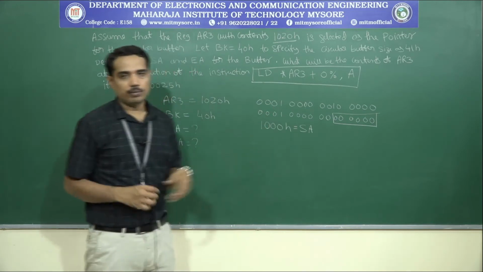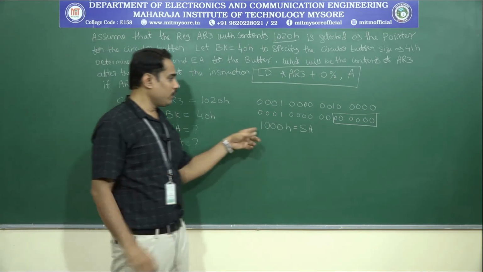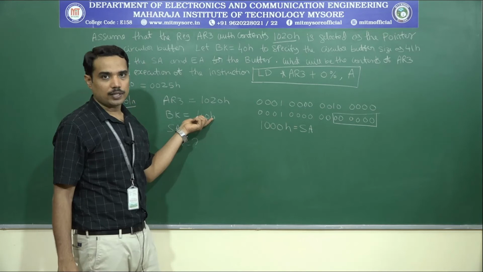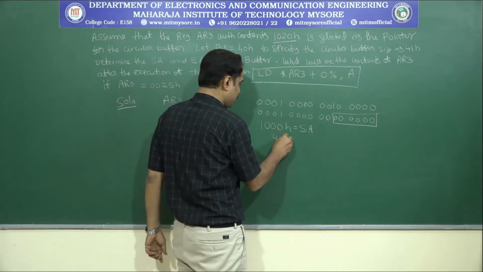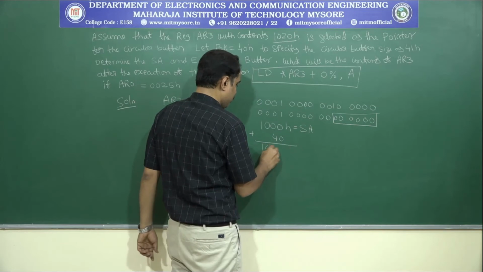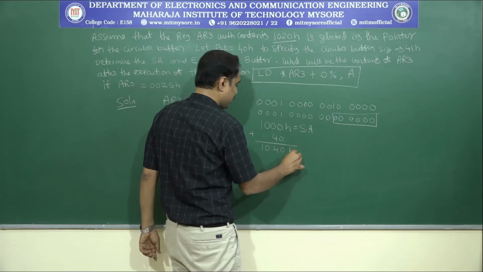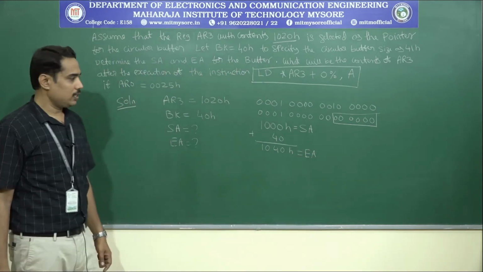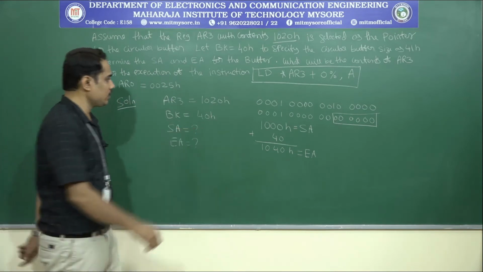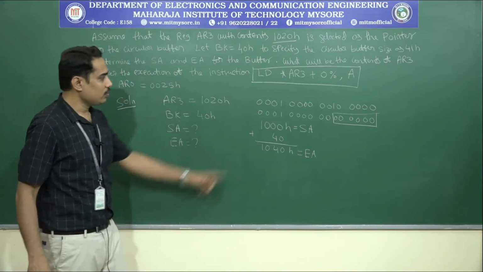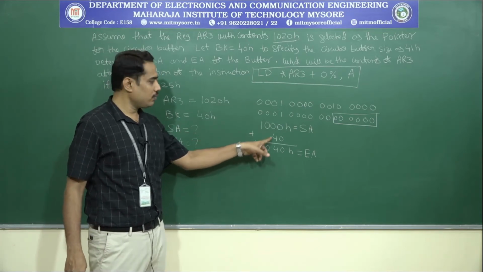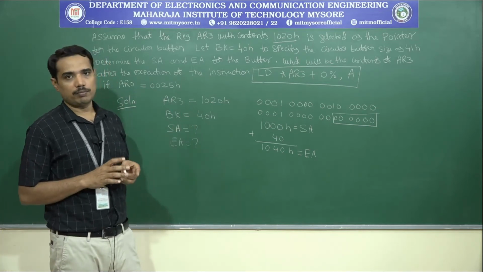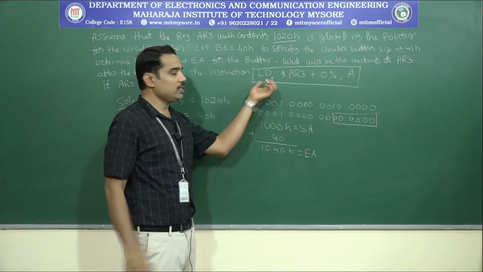Then I am supposed to calculate the end address. If 1000H is the start address and the size of the buffer is 40H, if I add 40H, then I am going to get 1040H as the end address. Now the value of the end address is 1040H. 1040 minus 1000, we are going to get 40. That is the value of the buffer register. Now the first part of the problem is over. Now we need to concentrate on the second part.